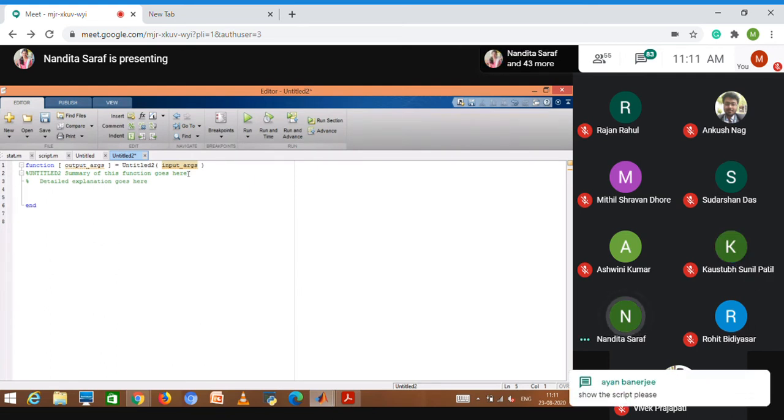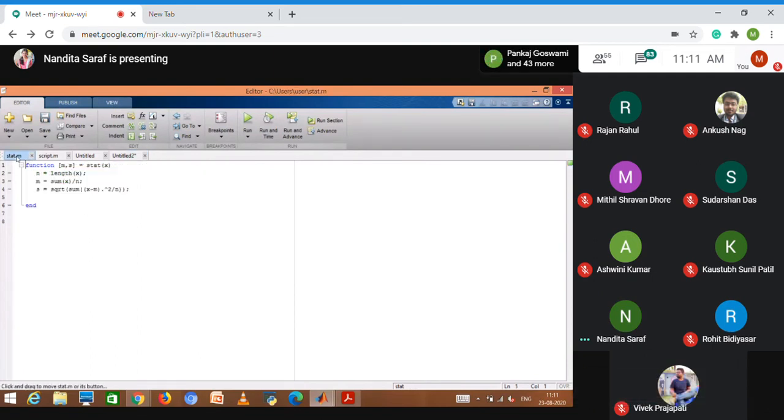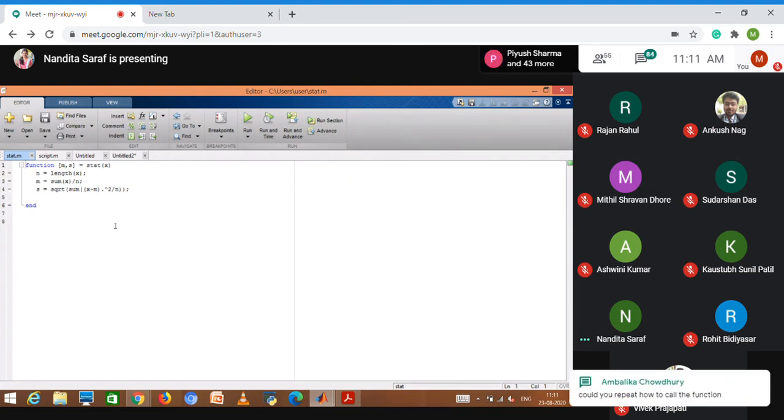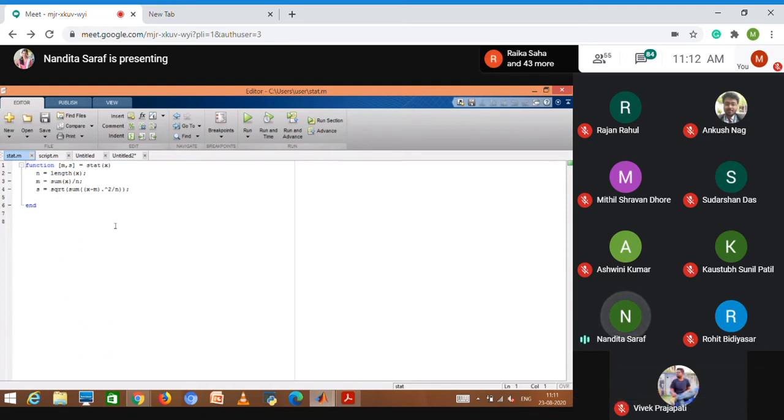Input argument. Then for calculating average, I want to sum up all the numbers, dividing it by the number of elements that I have. So if you have an array and you want all the elements summed up, you use the inbuilt function sum, bracket, that array x.